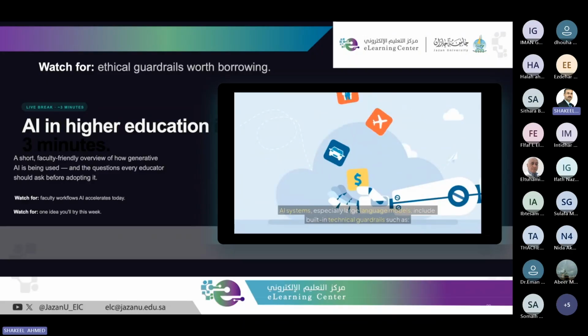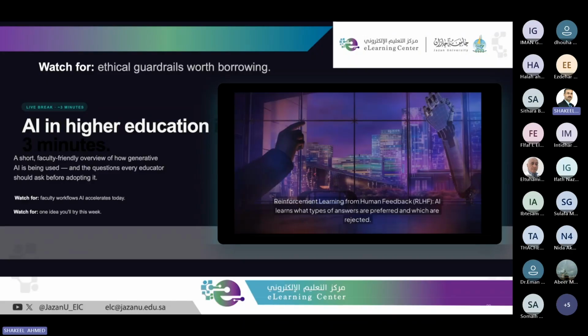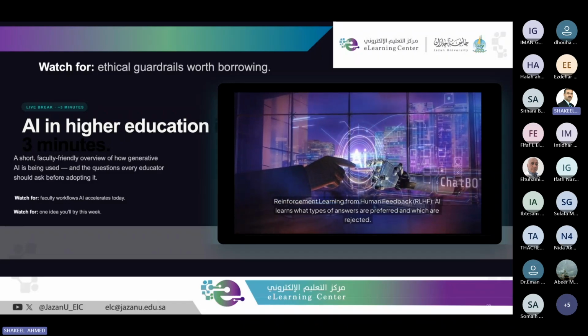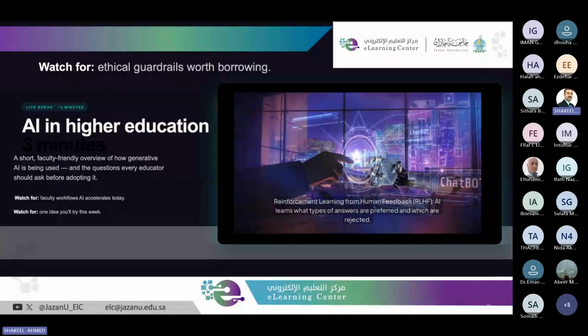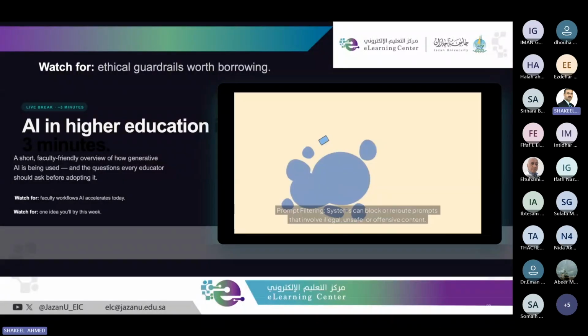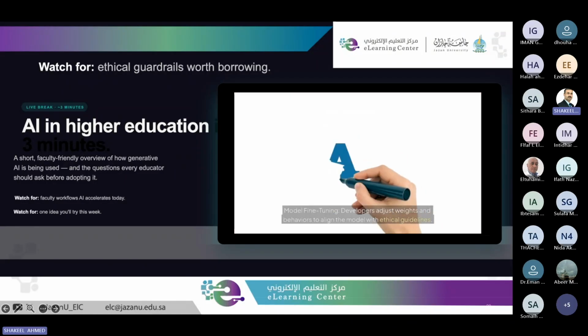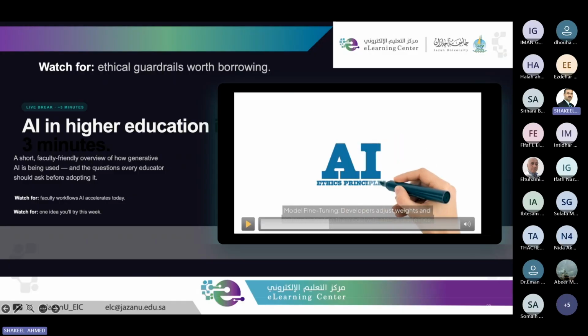Technical guardrails in AI systems, especially large language models, include built-in technical guardrails such as reinforcement learning from human feedback, RLHF. AI learns what types of answers are preferred and which are rejected. Prompt filtering: systems can block or reroute prompts that involve illegal, unsafe, or offensive content. Model fine-tuning: developers adjust weights and